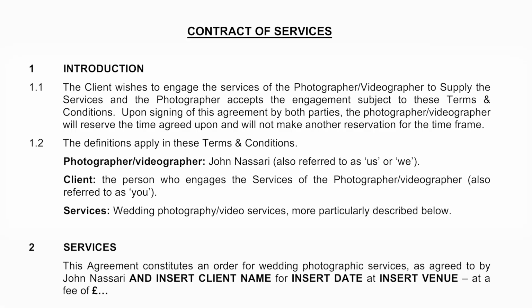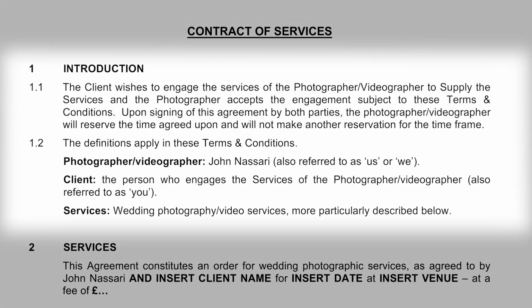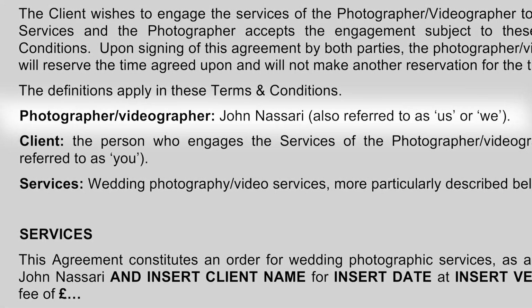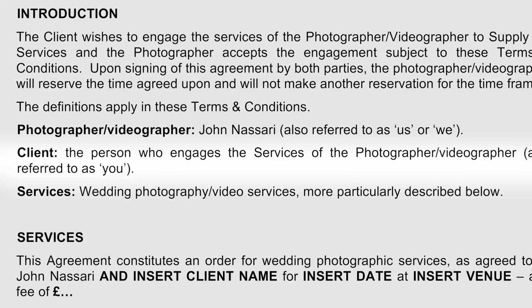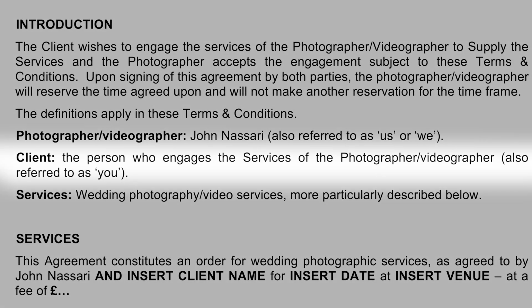Really what we need in our contract is first an introduction to terms. This is a kind of a legal thing where you just say, who are you referring to? So I would just define yourself as a photographer and the client as a client. So you would say, whenever this contract refers to the photographer, it's referring to my business. You could refer to your limited company or as a sole trader. And us would be the photographer, the limited company, we being the photographer, limited company. And you refer to the client as a client with a capital C. So it's just defining what the terms are. That just gives you a sense of terminology. I think you start with that.